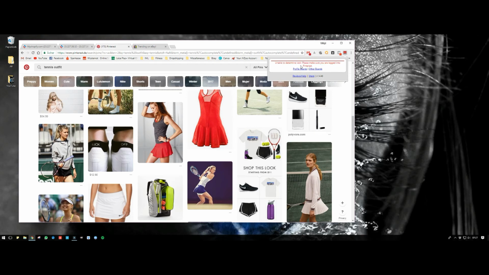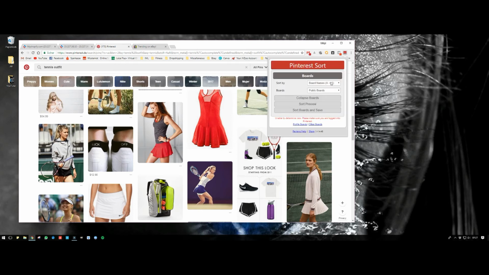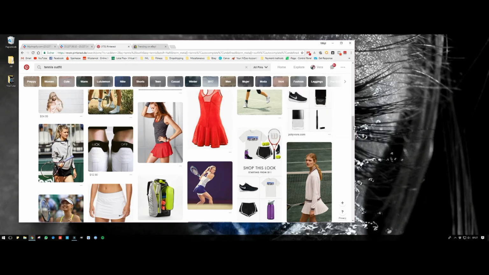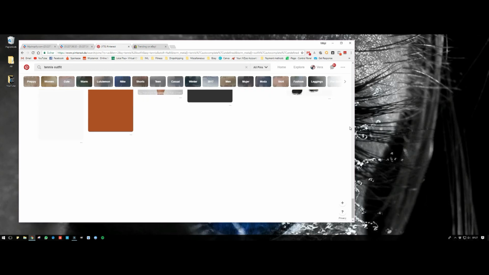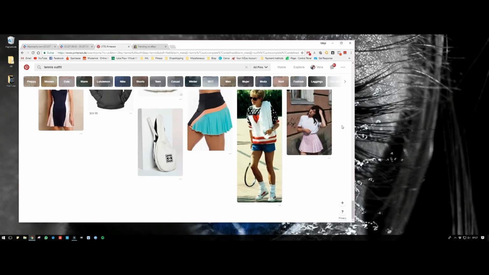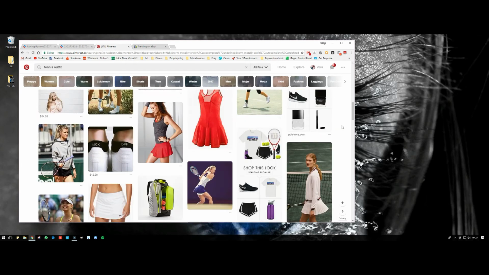Either they took it off, but it was really helpful because you could sort it by pins, high to low, and then sort it. Oh, now it's working. Okay, cool. It hasn't been working, but today. Okay, then